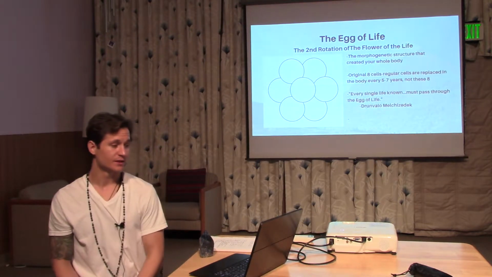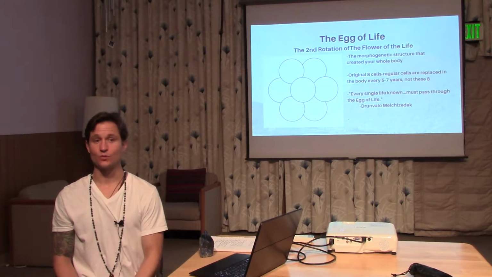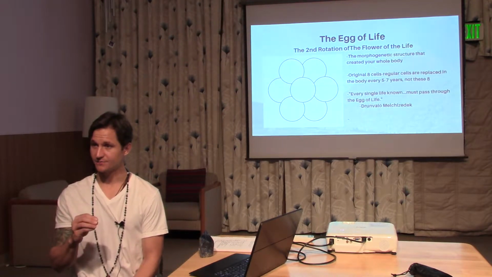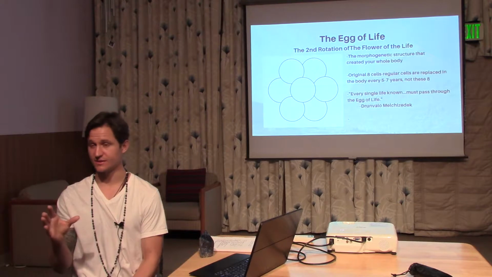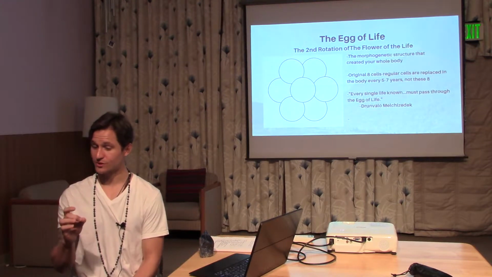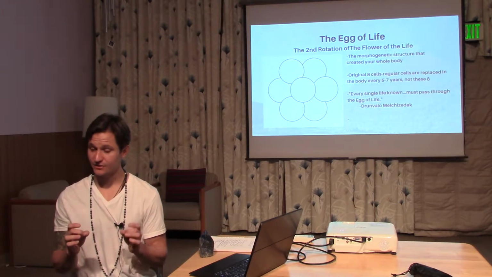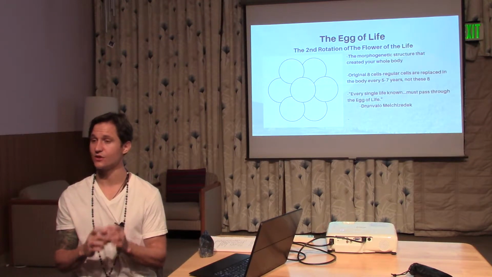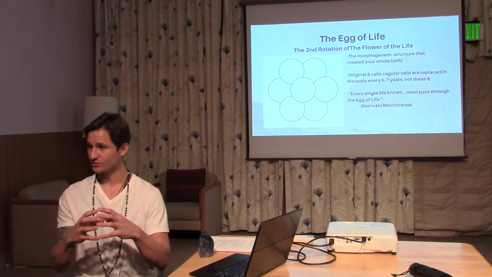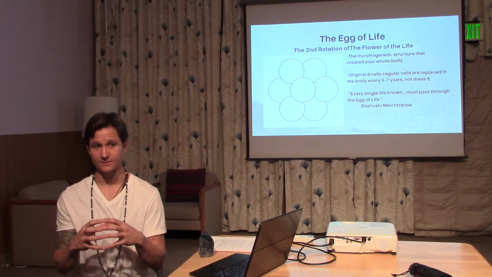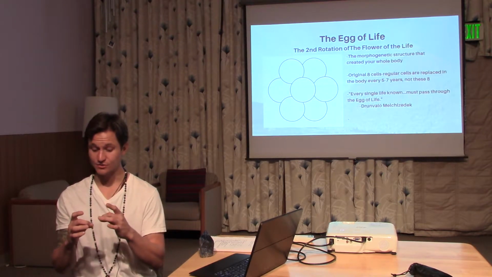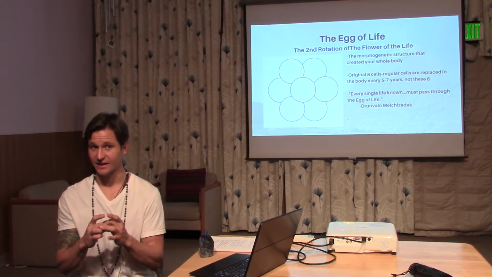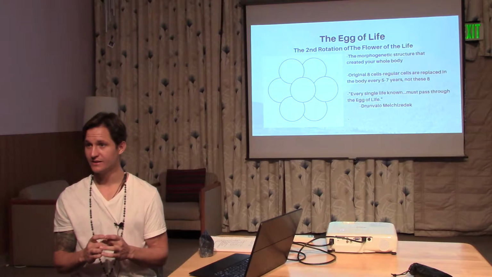So when we are conceived, the sperm goes into the egg, and the tail of the sperm dissolves, and the sperm turns into a sphere that's exactly the same size as the egg within the zona pellucida. The zona pellucida contains the woman's egg. Now, when these two spheres intersect, it creates the vesica piscis. It has to, because they're the same size.